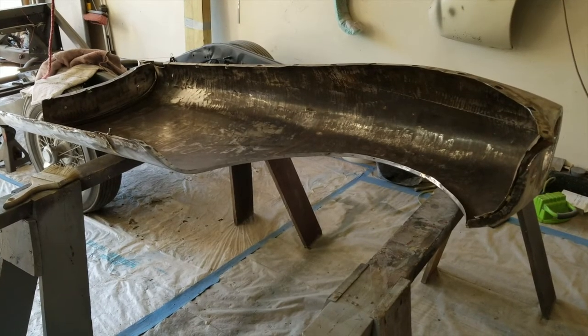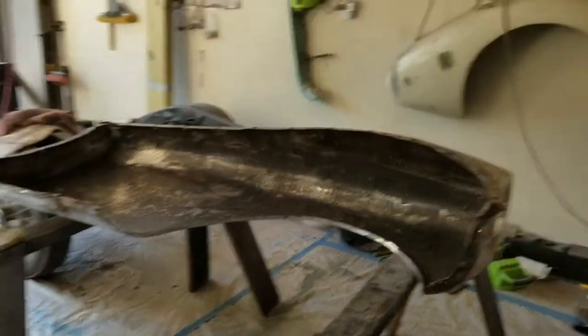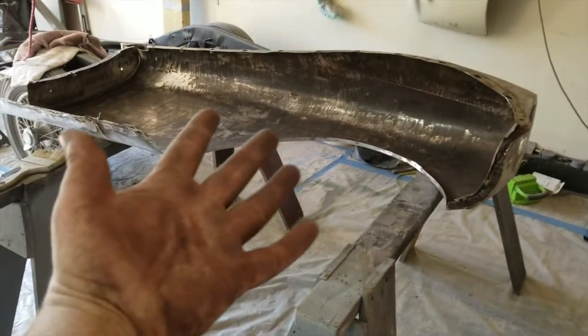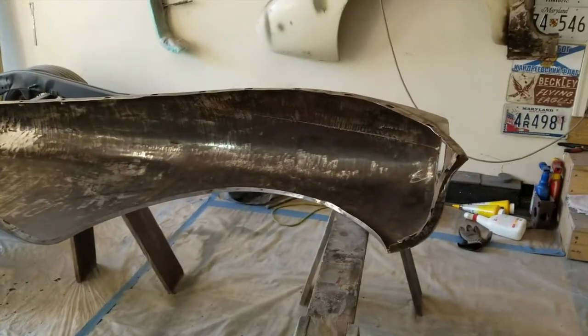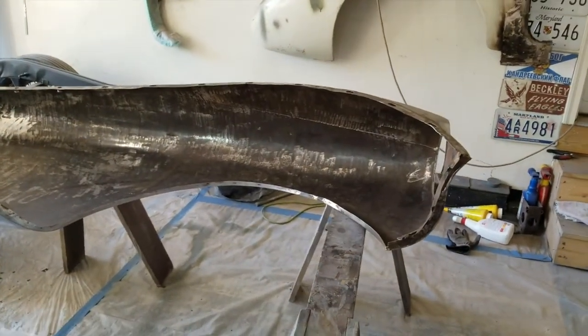Alright, I have a lot of work on this thing to do still. I've done a lot of work. Look at my freaking hands. Cut myself again. Where'd it go? I seem to be pretty hard on myself when it comes to that damn grinder, but...